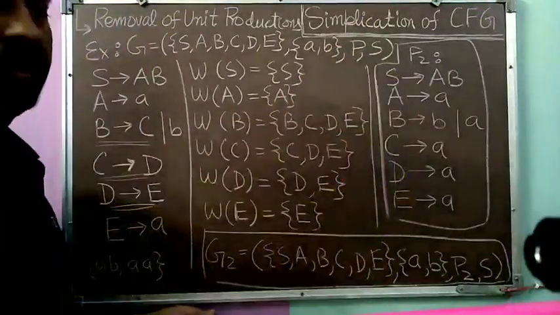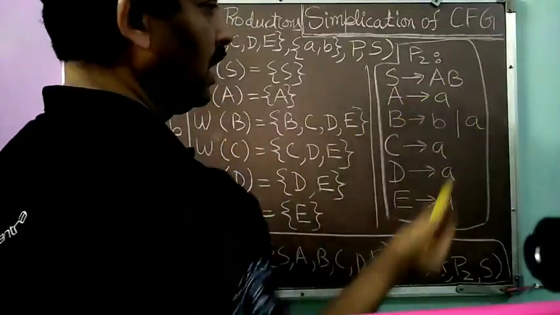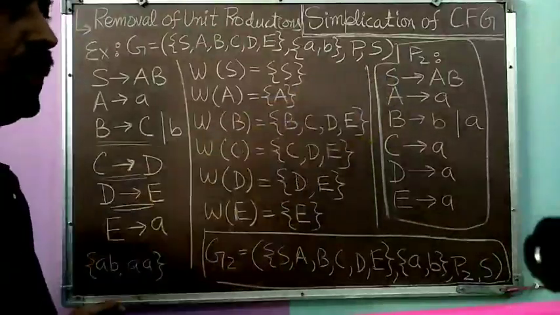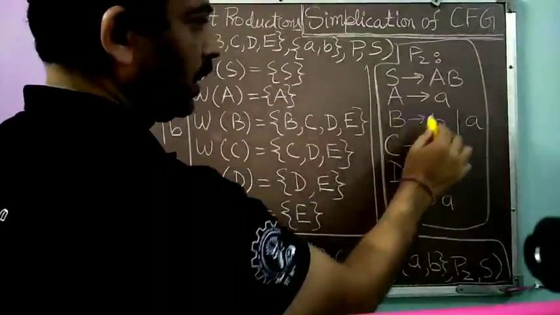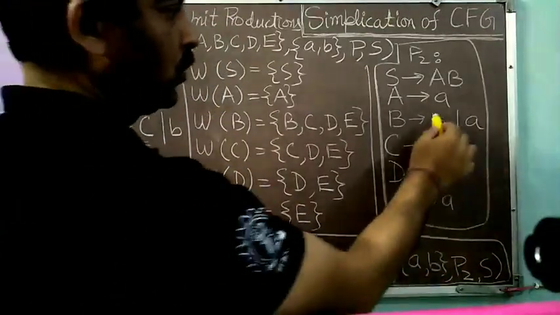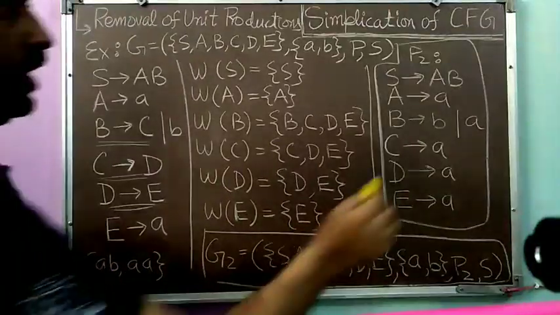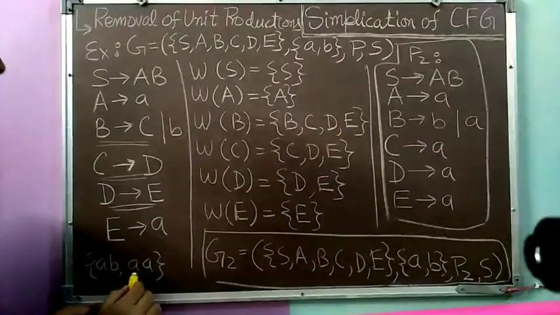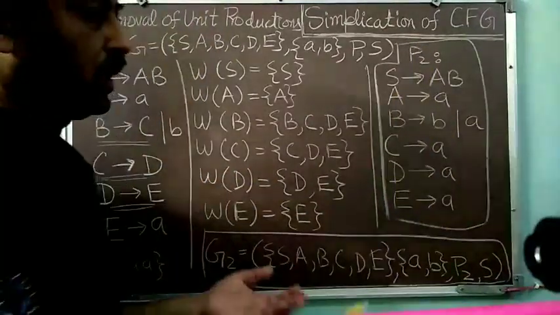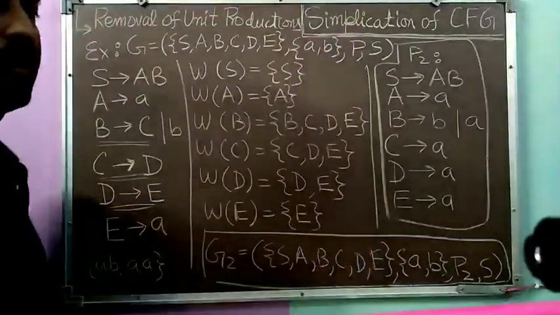So the language of this grammar contains only two words, ab and aa. Now look here. S to AB. A is bound to derive a. So the first letter will always be a. Then B will derive either the small b or the small a. So when it derives small b, the word will be ab. When it derives small a, the word will be aa. Nothing else we can derive from it. So the same language, this grammar will also derive.